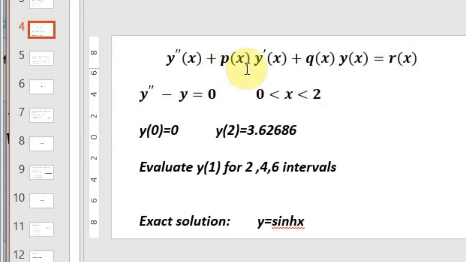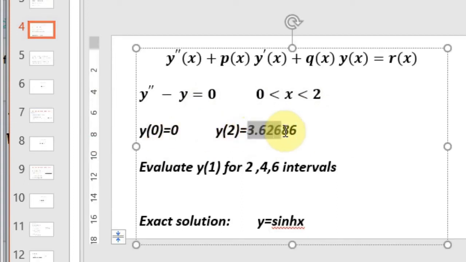So p over here we can see is 0 because we do not have any terms with a first order derivative. So p is 0 in our case, and q is equal to minus 1 because the coefficient of y is minus 1. So q is minus 1 and r is 0. Since x is lying between 0 and 2, a is 0 and b is equal to 2 for this particular case. And from the boundary condition, we know that alpha is equal to 0 and beta is equal to this value